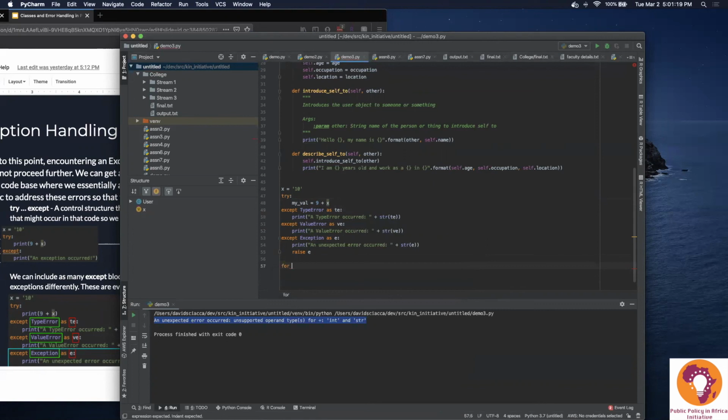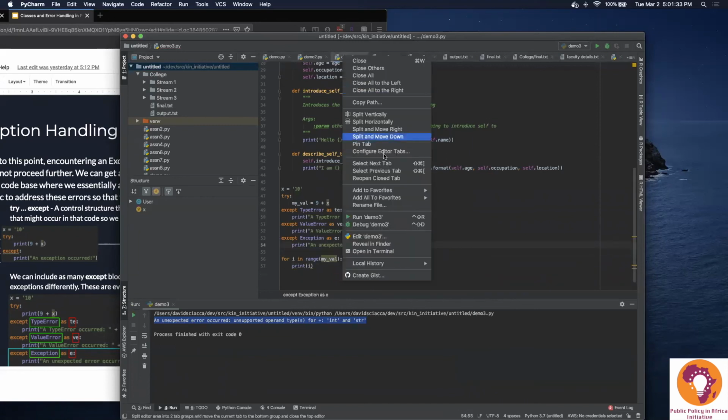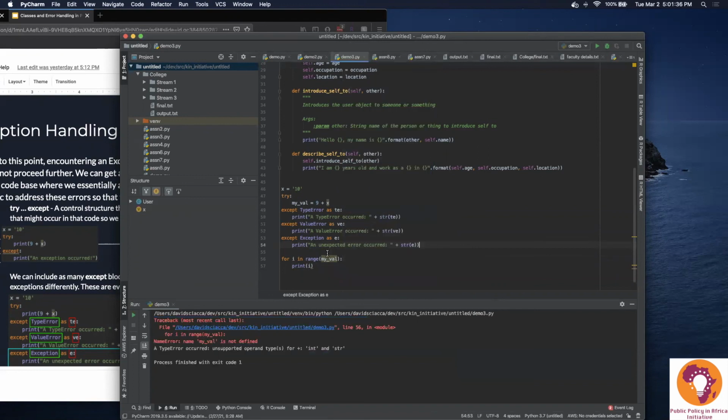Let's say I wanted to do for i in range(myval), print i. If I don't raise e here, then what we're going to end up seeing is, sure, it seems like I handled my exception, but now when I run that I get a NameError saying myval is not defined. And myval is not defined because we got an error when trying to create myval